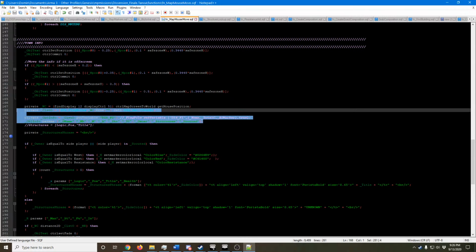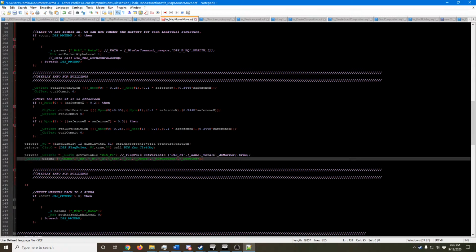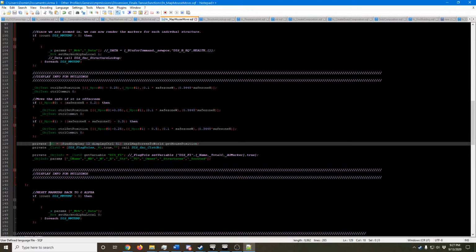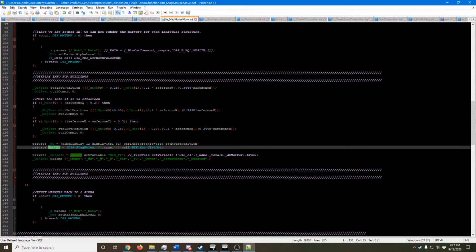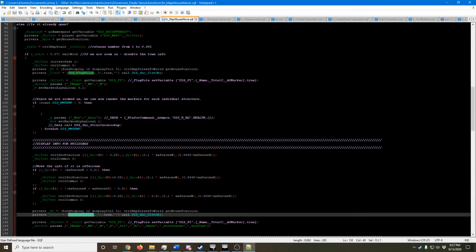Let's just grab this part here real quick. This is all the UI stuff that I'm just going to reuse. And then we're going to create it around the mouse cursor, and we're going to find the closest object. Okay, here we go. So right now we're looking for the flagpoles. But now what I need to do is look for the closest structures